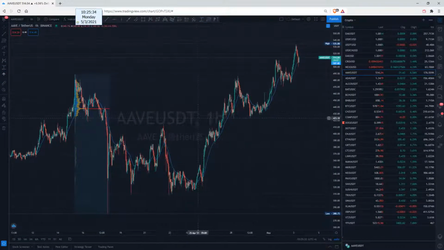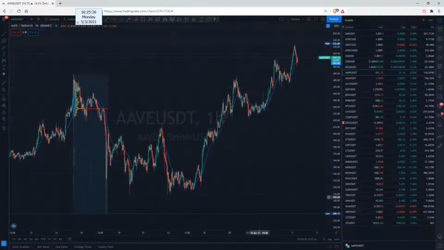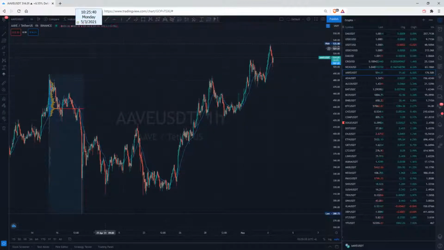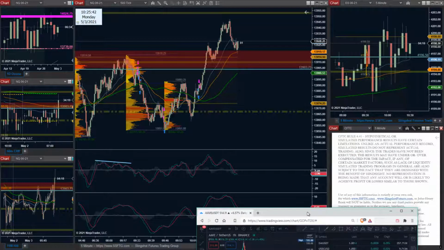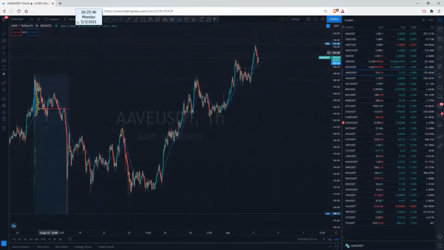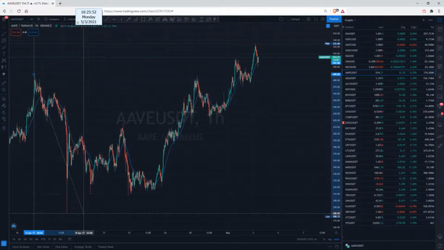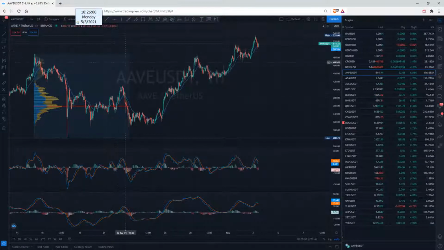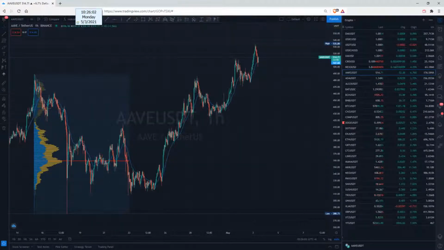42.6%. Oh man, that's vicious. So obviously value pullbacks are pretty deep on AAVE at the moment. And if we look at the overall drive that we've got going on here, I'm kind of curious. I know they bottom weighted the POC, but where did they do it? Down there at 359.55. So as far as the continuation goes to the upsides,